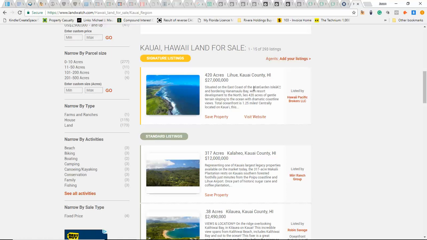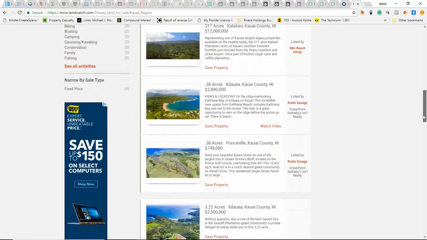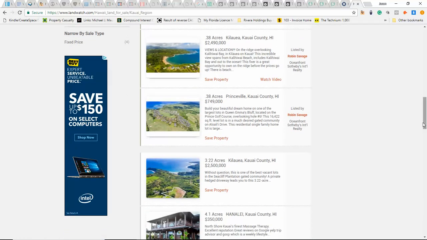And so that's 38,000. This one is 2.5 million divided by 0.38. Okay. Let's do this one. 3.22. So I'm finding around $65,000 an acre, which, if I remember correctly, I estimated between 40 and 60,000 at the time,